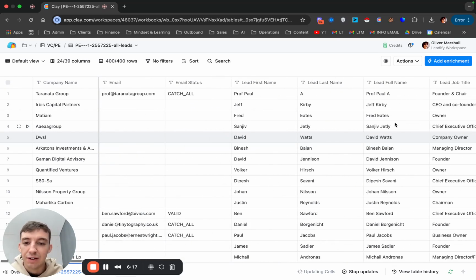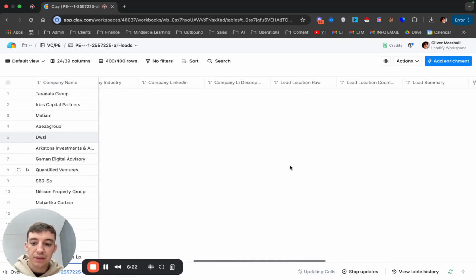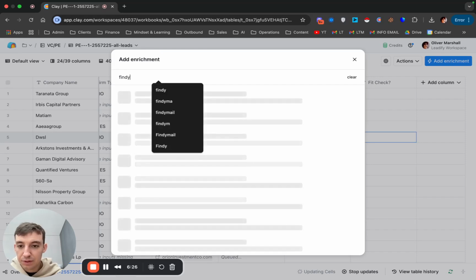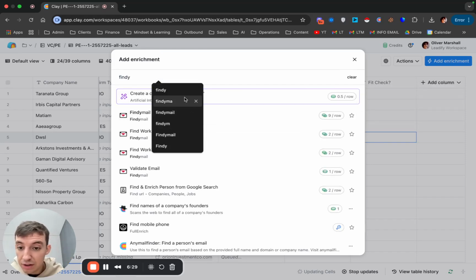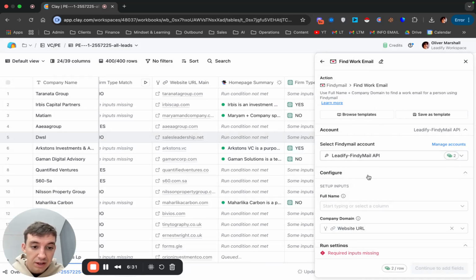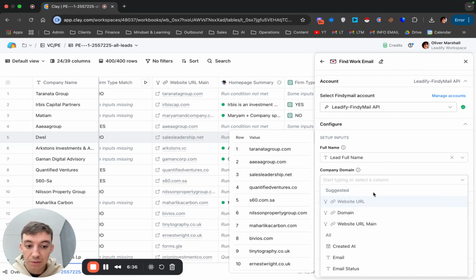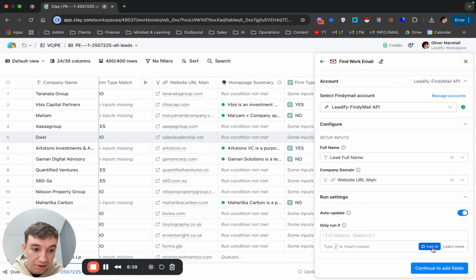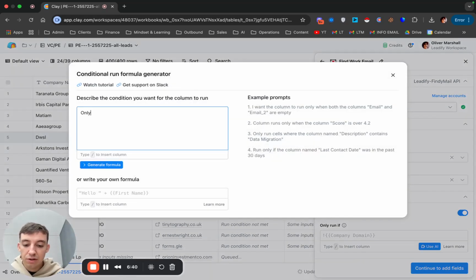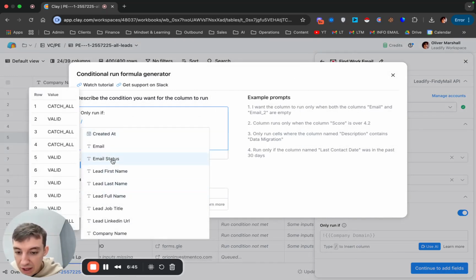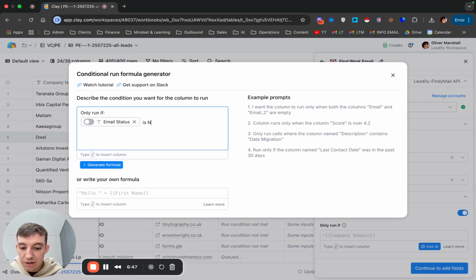but I think it's cheaper to do OpenAI first, check, and then find the email addresses. Right now we have a list of email addresses here, so we've got valids and all this kind of stuff. But we want to go to, so we're going to use find email. So find it's actually really, really good. I'm going to go to find work email, and we've got full name here, website URL. We want to make sure that this is the full website URL, and then I'm going to put a conditional formula. So only run if the email status is not valid or empty,